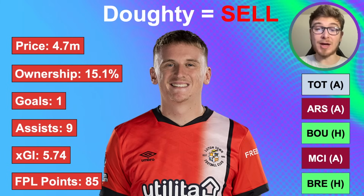His xG itself is exactly 1. His expected assists is 4.74. He's had 9 big chances created and also 57 key passes. There's so much to like with Alfie Doughty, but I think he is worth selling,